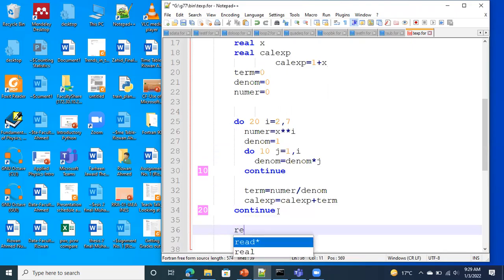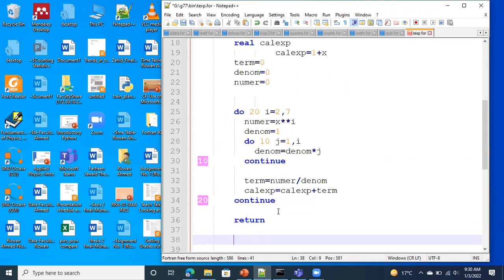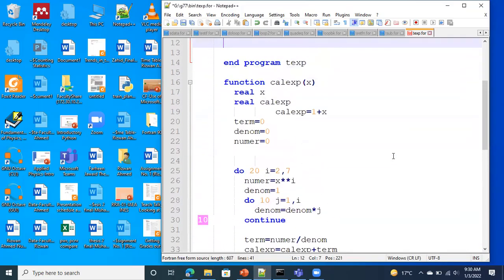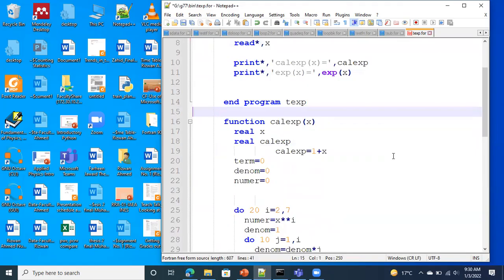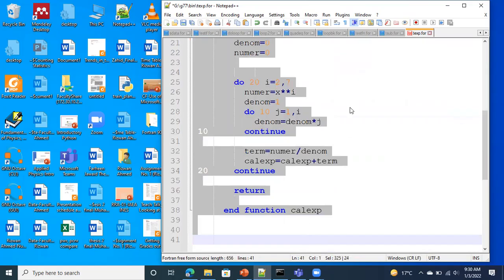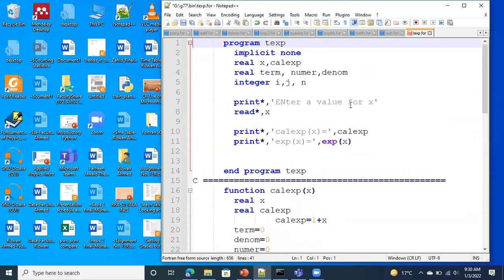After that one, I would write the keyword return, and then end function calculation exp in the 7th column, just to make it separate from the main program. So all the calculation has been grouped in the function structure. Now the way we call in the main program,